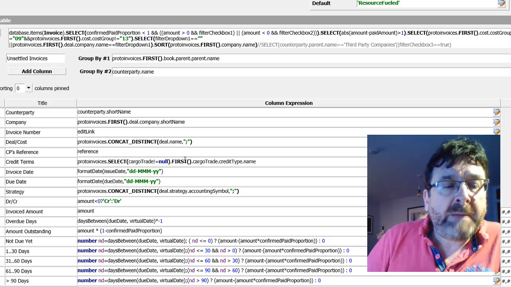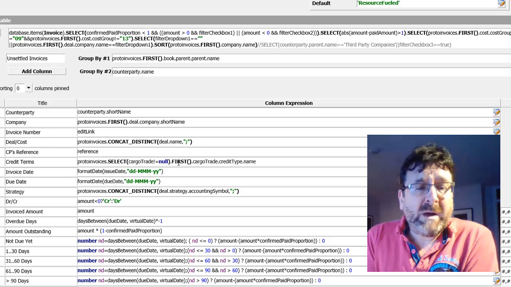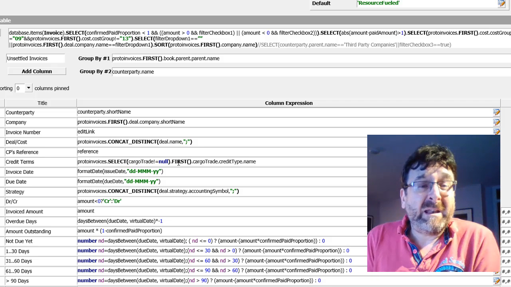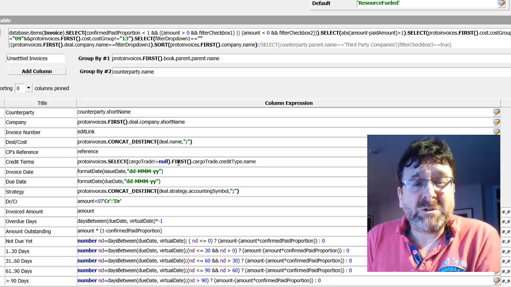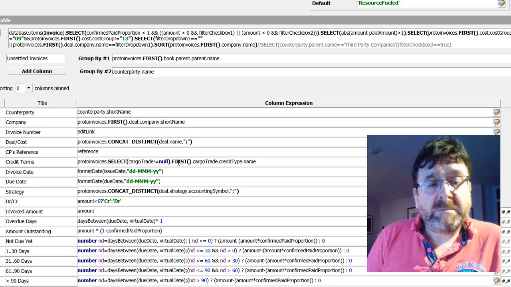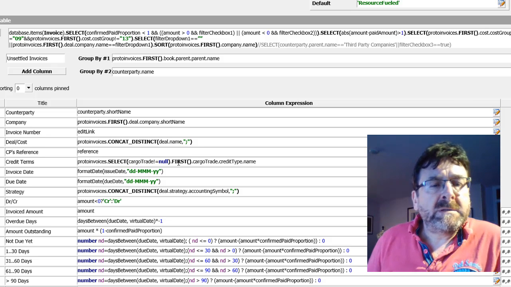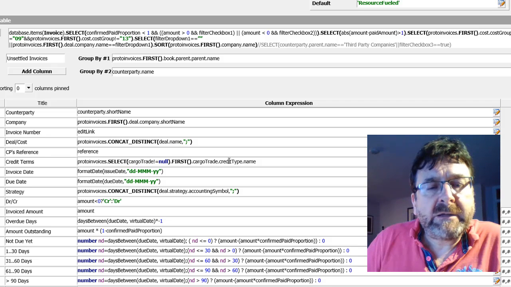There may be more than one of them. I'm only interested in the first one, because if there is more than one cargo trade and they have different credit terms, then I'm unlucky. It's unlikely that someone's going to put on the same invoice two cargo trades when they've got different credit terms. And if that does happen, then this report is going to show you something which is slightly misleading. But I'm just prepared to take the risk. So we've got the group of proto invoices. We've selected only the ones which are cargo trades. We're taking the first one of that, and we're saying, okay, for this cargo trade, take the credit type,